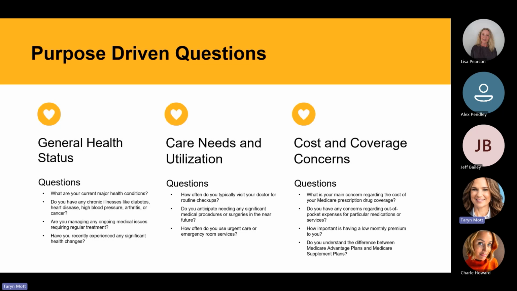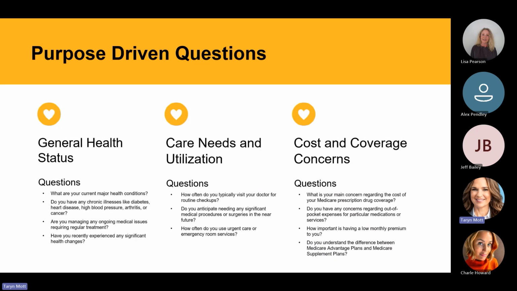We want to know these major health conditions because it's going to qualify them for a C-SNP, or it's going to let us know if they would be better off in a Medicare supplement, even with a premium. Do you have any chronic illnesses like diabetes, heart disease, high blood pressure, arthritis, or cancer? There are chronic special needs plans for all of those people. In the majority of the markets that we work, again, it's going to be heart disease or